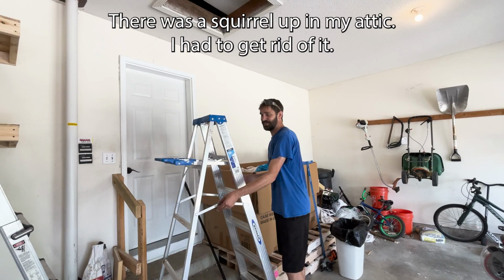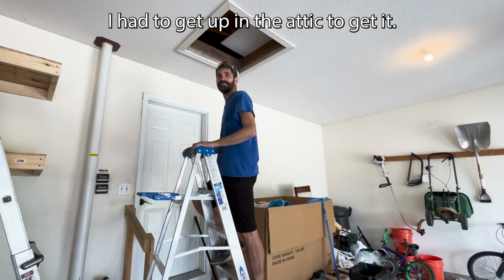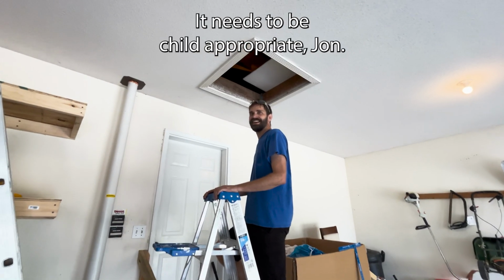Tell me why you bought this ladder. There was a squirrel living in my attic. I had to get rid of it, but... Yeah? I had to get up in the attic to get it, so. Right on. How did you get rid of it? It needs to be child appropriate, John. Okay,